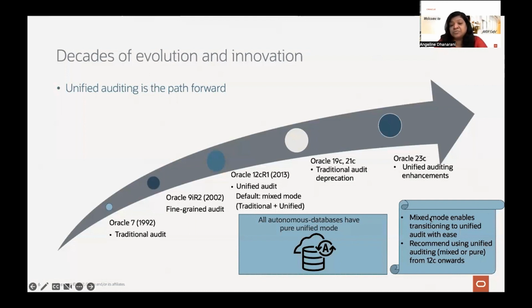It's just the pure unified mode. So if you're running anything on the cloud, you would have seen that it's just unified audit. Mixed mode was just to enable that transition. We expect more and more customers to move, and they're already moving. I've been working with many of them in the field to enable this transition. So if you have any queries or any concerns, you can always reach out to us.